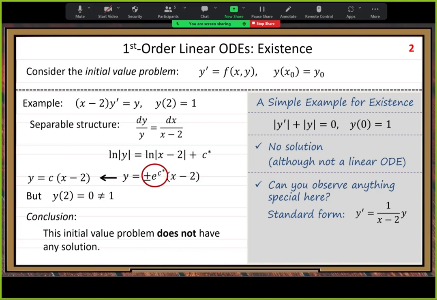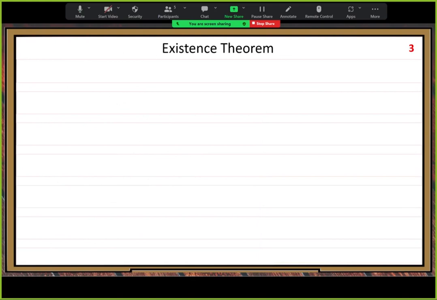Actually, that's the result of the existence theorem, so we will see that. The point is not in the domain of the function. Domain of this function. All right. Now, the existence theorem. Here, let me state that theorem and explain it, but we cannot prove it. It's out of our scope. So let me